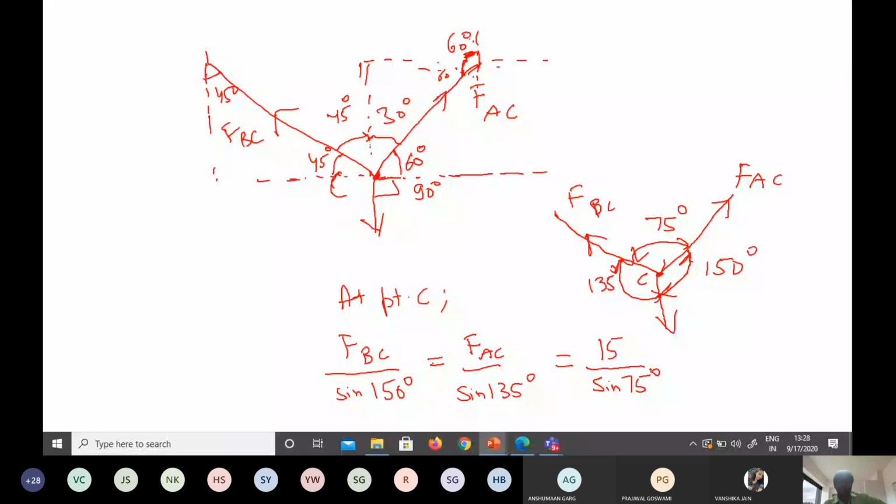First of all you have to see what are the different forces acting on the system. So here this is one string, AC, and this is the other string, BC. This point is B and this point is A. These are the different strings. This is FBC and this is the other string FAC, and the weight is acting downward. So point C is the common point from where these three forces are coming out. So when this condition is satisfied, we have located the point where all the forces are meeting. So this point is C. This is 15 kilonewton, FAC, FBC, and after that we have to calculate the angles also.